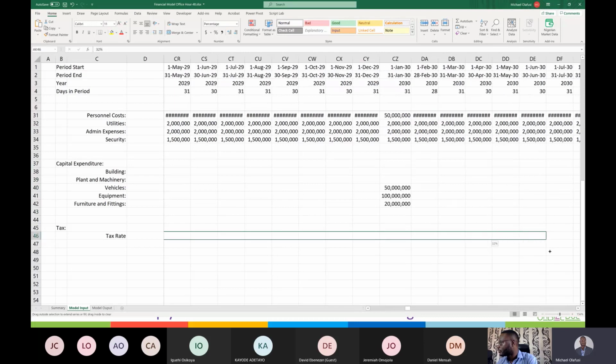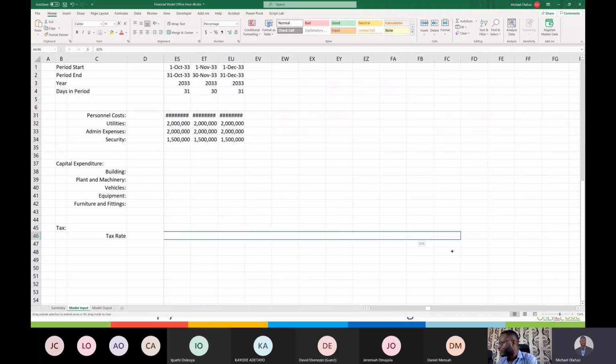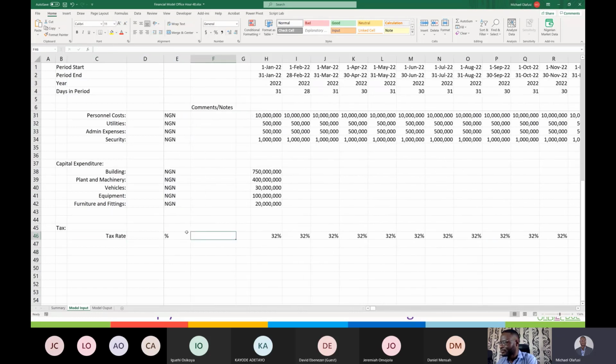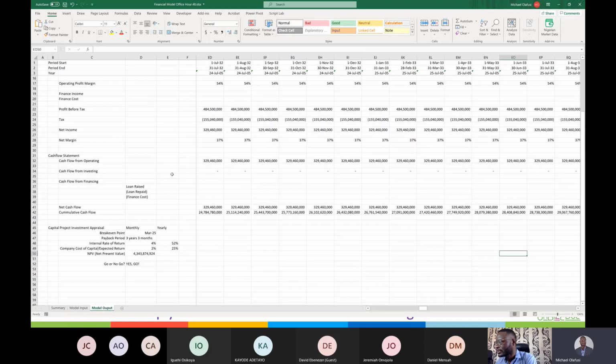Usually the project should be able to pay its own tax. You should be able to factor out the net operating profit after tax, NOPAT. So this NOPAT, net operating profit after tax, is the equivalent of the net profit. Okay, so good. That's what we will be able to get, and this is the model itself.